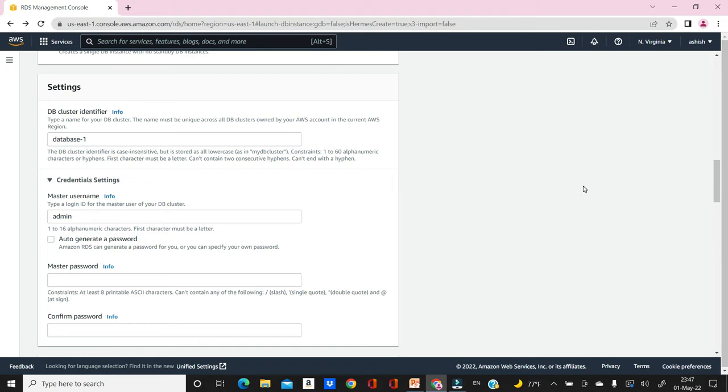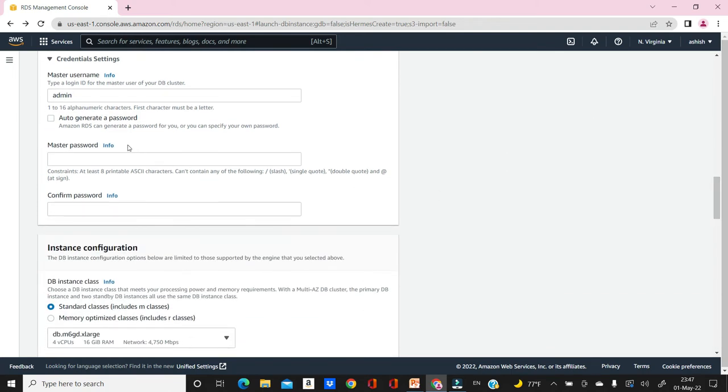And then you have to give the master username. This is used when you want to access your database remotely. Then this will be required. Then it will ask you to provide a password. So you want the system to generate a password automatically, or you want to give a master password. Let's say you give one password. So you can give any password here,